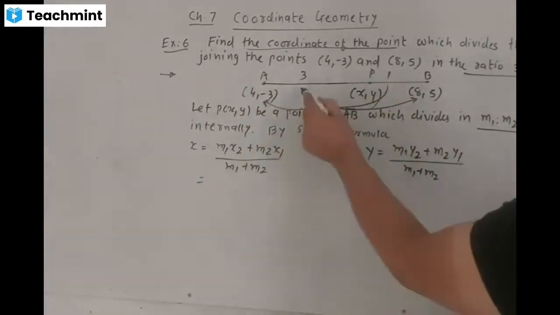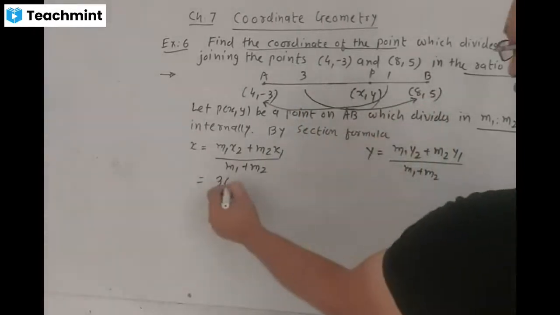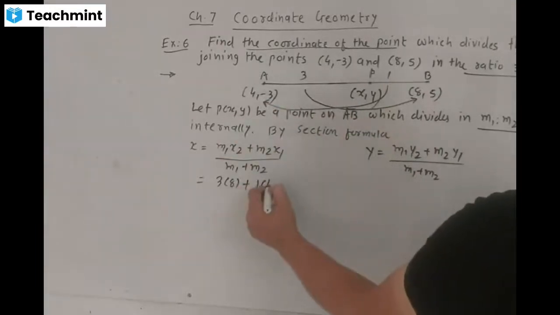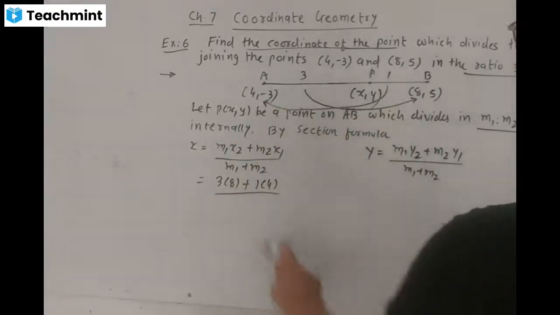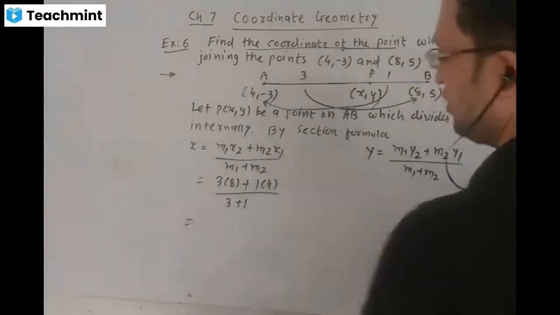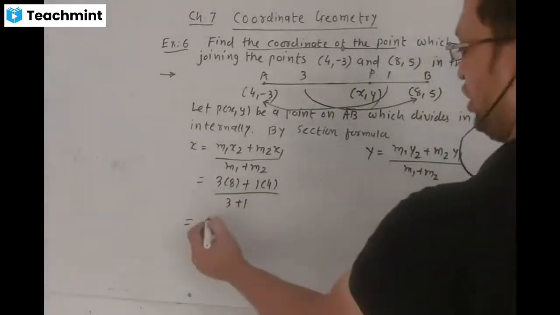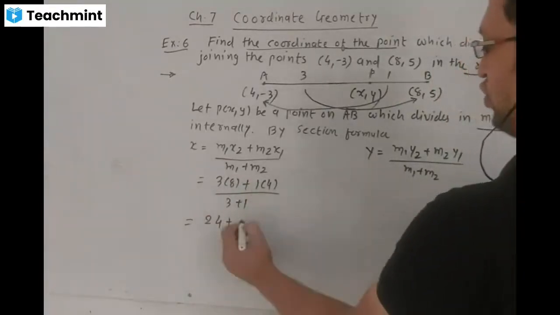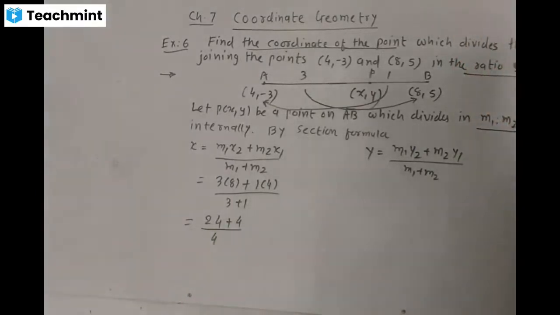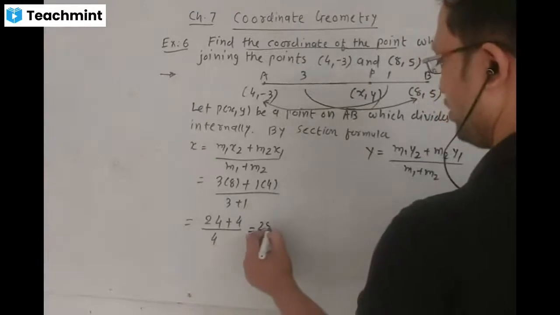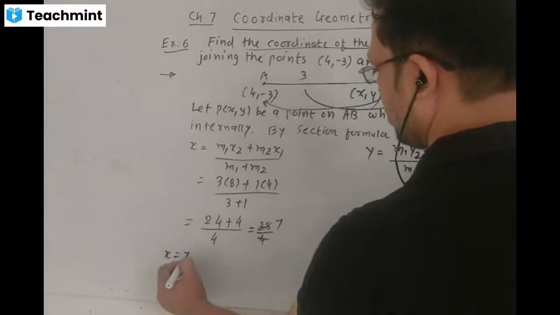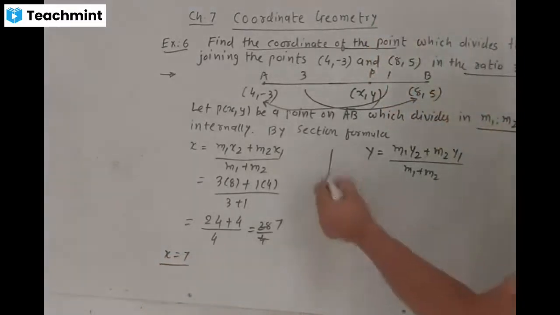Coordinate of x is 3 multiplied with 8 plus m2, means 1 multiplied with 4, divided by m1 plus m2. 3:1 means 3 plus 1. 3 into 8 is 24, plus 4 ones are 4, divided by 4. 24 plus 4 is equal to 28 by 4, and 4 sevens are 28. Therefore x is equal to 7